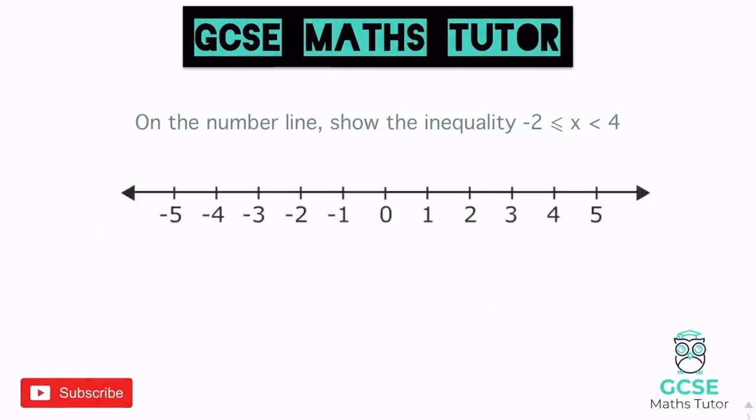Okay, so on the number line, show this inequality. So when we're drawing these sorts of things on a number line, we look at what numbers we've got. We're going to put our little circles above those, so negative 2 and 4. And we're going to join them up. And then we just need to have a look at these symbols. So the one here, which is less than or equal to,